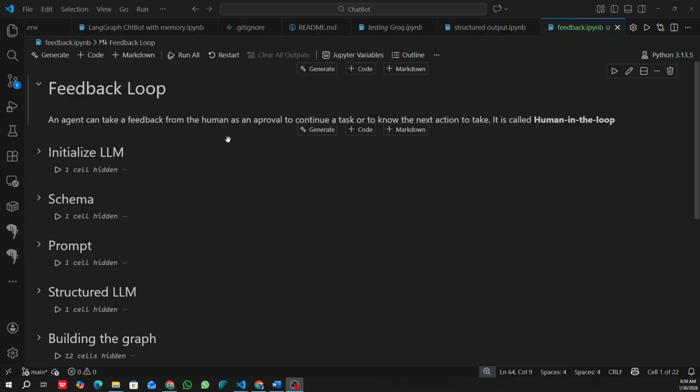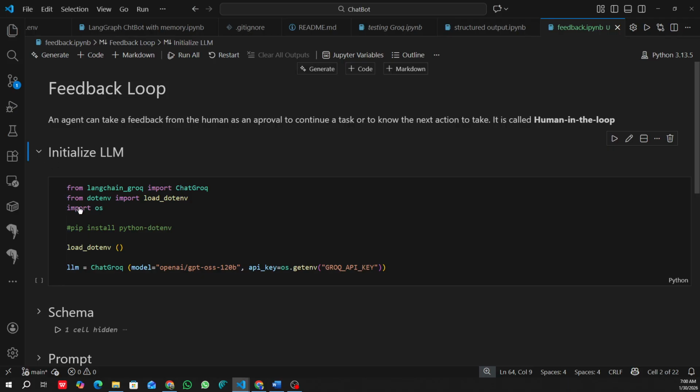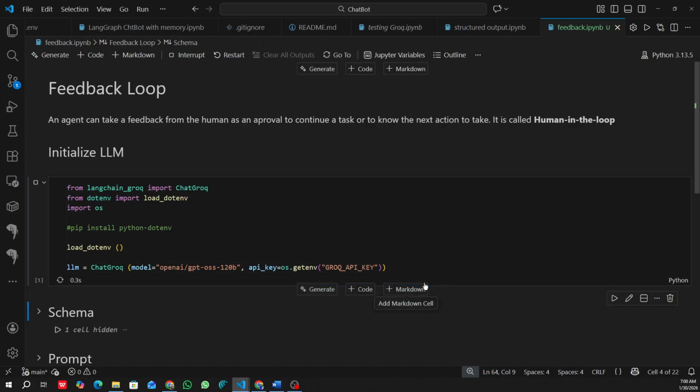We're going to look at it shortly and then how it actually works. So we're going to initialize our LLM. We're working with Groq, loading our environment variable, and then initializing the LLM. We're using the OpenAI GPT OSS 120B model. So we run this cell, and as this cell is running,